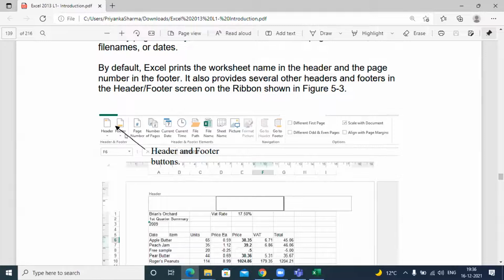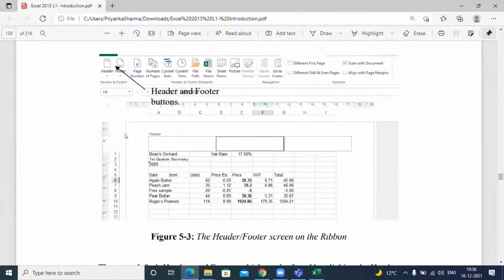Can we all locate the header and footer option and write it in the chat? Where exactly did you find it in the Excel sheet? Which group, which tab? Can we quickly write it down? Page layout. Okay, Rahul.